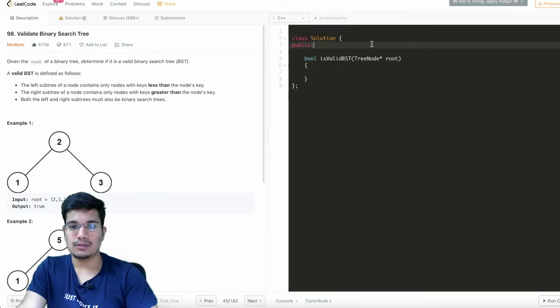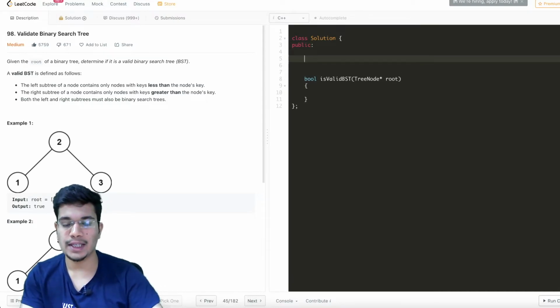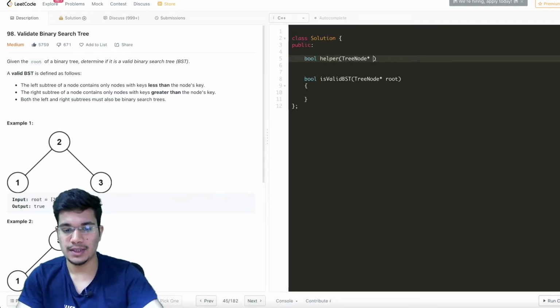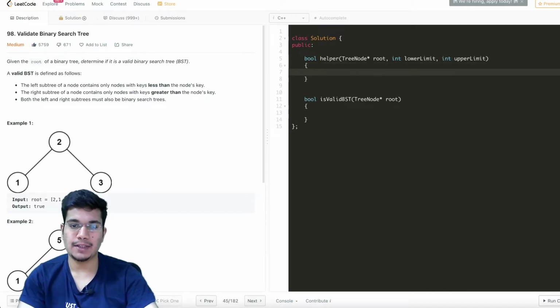So as I mentioned, we'll need another recursive function for this one. So let's just create a function, and I like calling it helper function. So again, this is going to be bool, and let's call it helper. This is going to accept my root node first, and then it's going to accept two more parameters that we discussed, the lower limit as well as the upper limit. So let me pass the lower limit, and then similarly another integer, which is the upper limit. Now using these two values, for every node, we'll check if that particular node lies between these two values, lower and upper limit, or not.